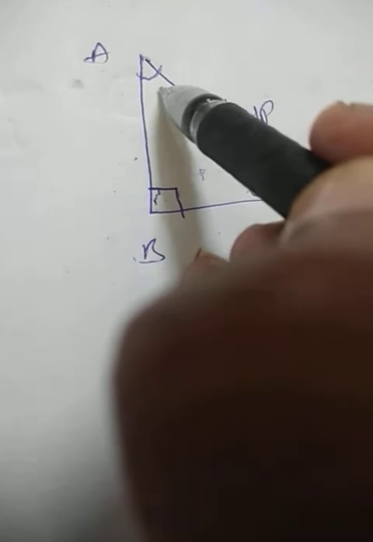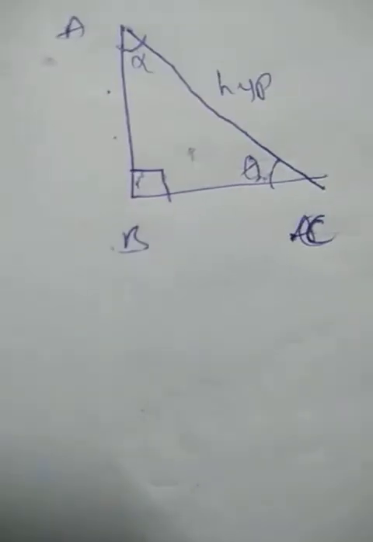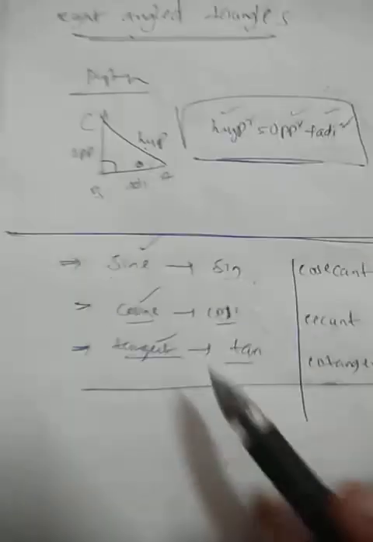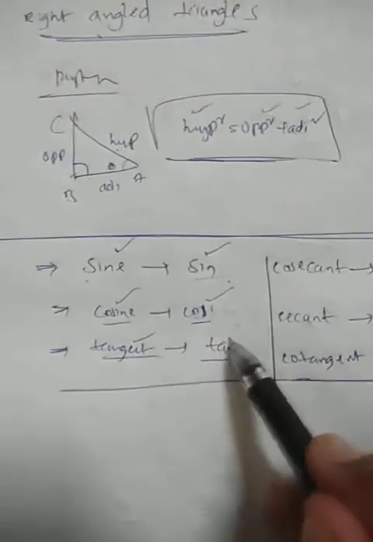For your convenience, I am making one more angle here. This is not included here; I am just giving one explanation. If this is some alpha, then with respect to alpha, this side AB will become the adjacent side and BC will become the opposite side. I repeat, with respect to theta, this is opposite and this is adjacent. With respect to alpha, AB is adjacent and BC is opposite.